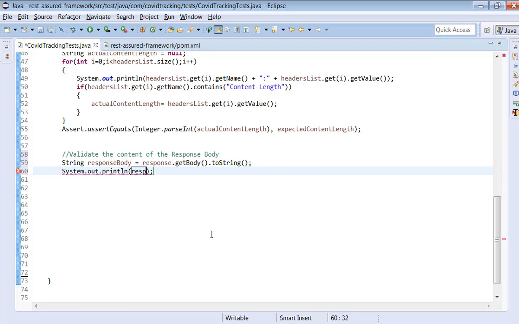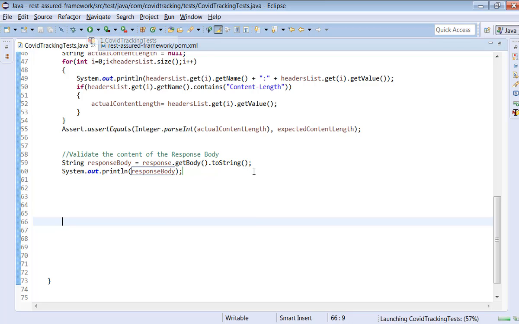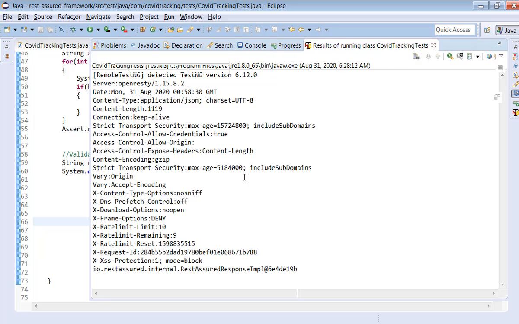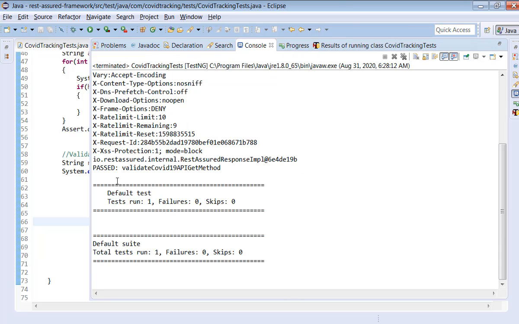Let's try to print this in the console and see whether we are getting the response body or not. Right? Let's execute this now. Again, it takes some time to print the value in the console.